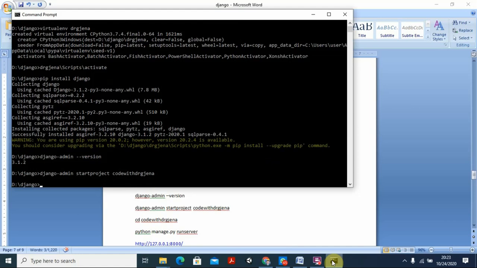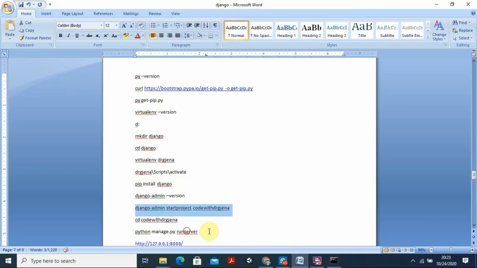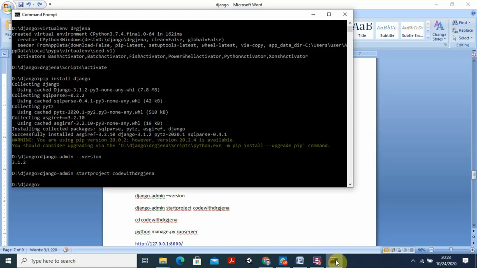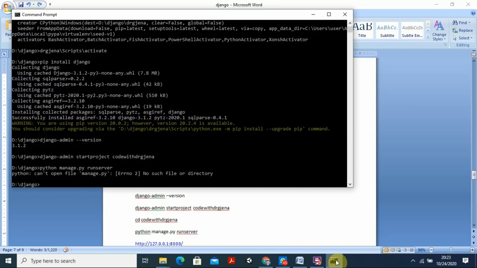All right. So once it is created, then you can check it by running the server. For running the server, I have told you, python manage.py runserver, it is there. Okay, so now you can see it here. Control C, and I go to this command prompt and I just paste it there, and you can see python manage.py runserver. So I am going to run this server. Yeah, error: no such file or directory.